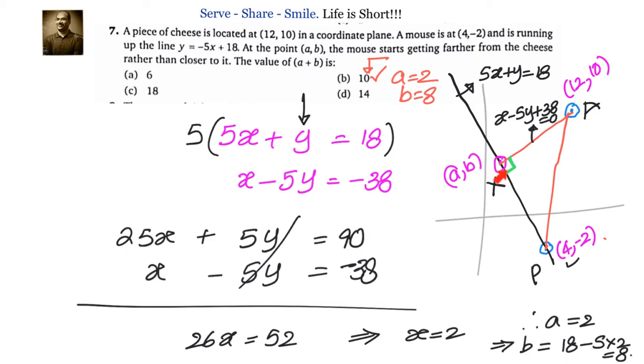Once we understand that concept, a right angle triangle, the remaining seems to be pretty simple. We can use the 10th grade concept of distance between points, or we can use slopes of straight lines and equations of straight lines to find the values of a and b. Then we can give back the a plus b value. So that's one interesting problem I just thought of sharing with you.